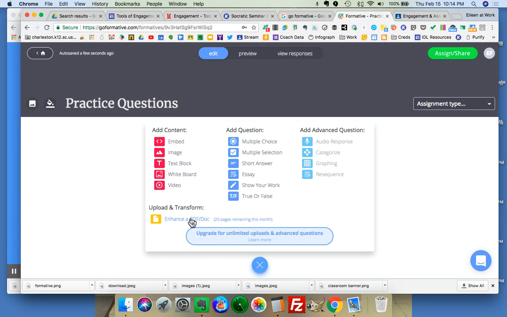Down here, I can also upload and transform a PDF or a Google Doc, which is really nice. Most of the programs only do PDFs or images. So if I have a worksheet that is already created in a doc or in a PDF, all I have to do is click on this link right here. If you click on this blue link here, it's going to take you to a pricing page. So all that means is that you clicked in the wrong place. Make sure you click next to this yellow icon. So I'm going to click on the yellow icon,